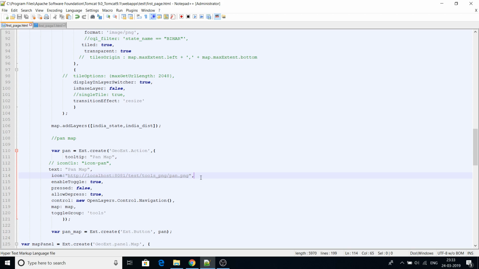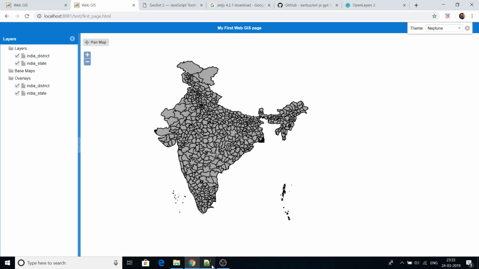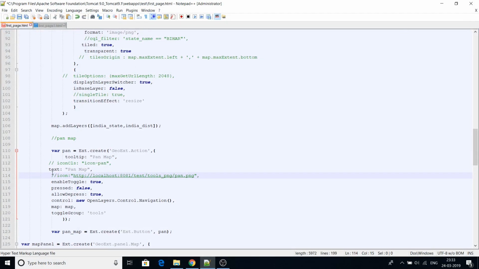This is basically nothing but the JPEG. If I remove this, if I make it a comment,